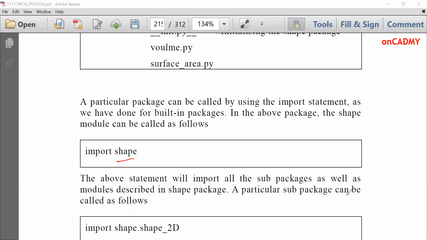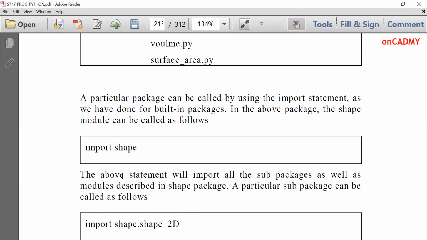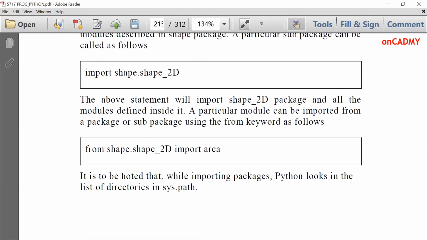A particular subpackage can be called as follows. If I want to call only 2D shape package or modules, then I will write import shape.shape_2D. Then it will import only 2D modules. And if I want to call a particular module inside it, then I can write from shape.shape_2D import area.